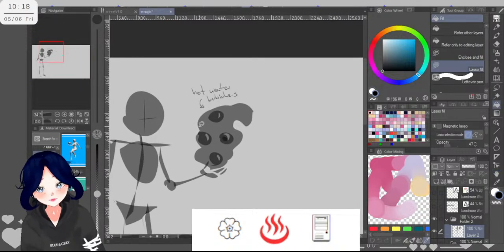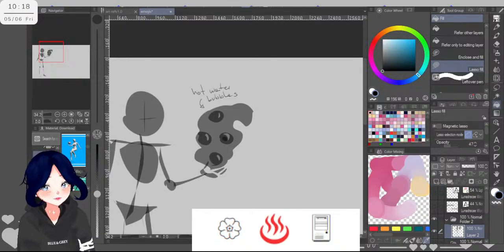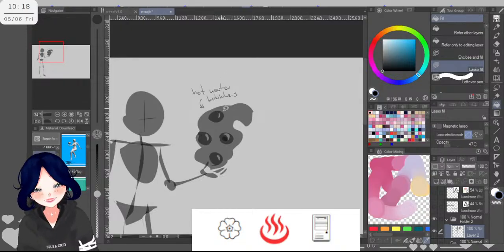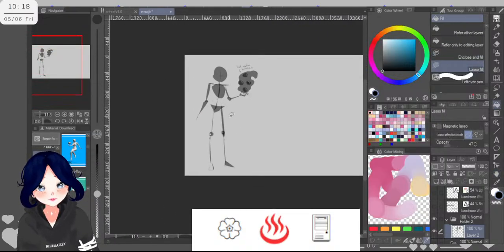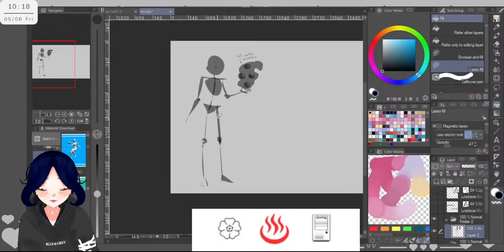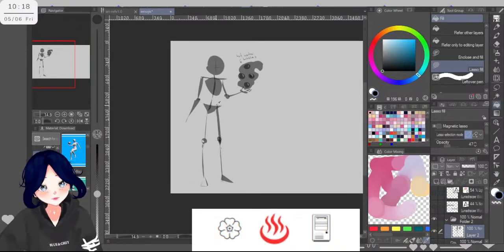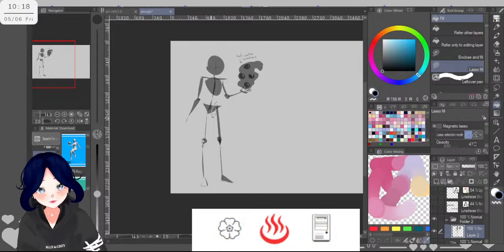Yes, we got that hot water emoji, and I thought with that their power could be like hot water bubbles. And that's where I'm currently at, trying to merge it with the other emojis, because I'm currently a bit lost.